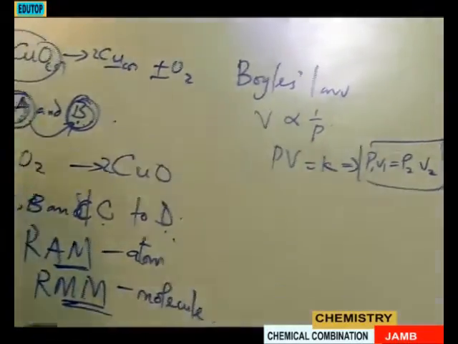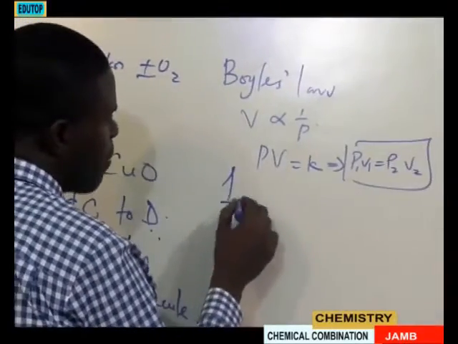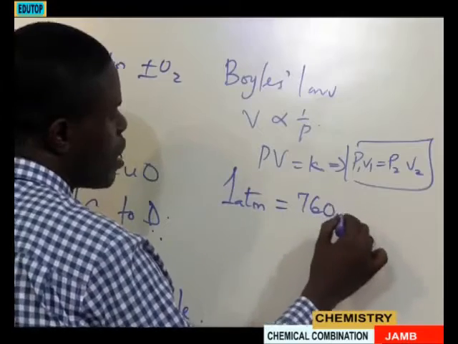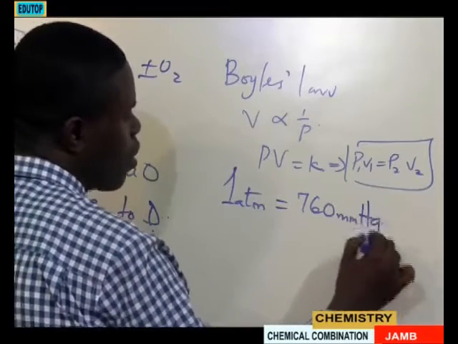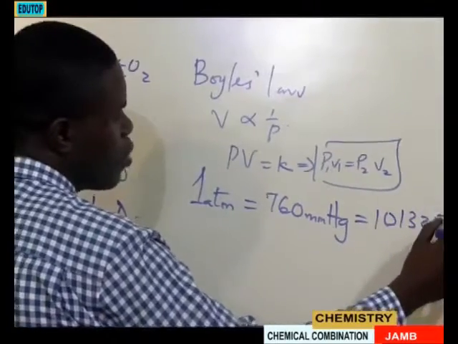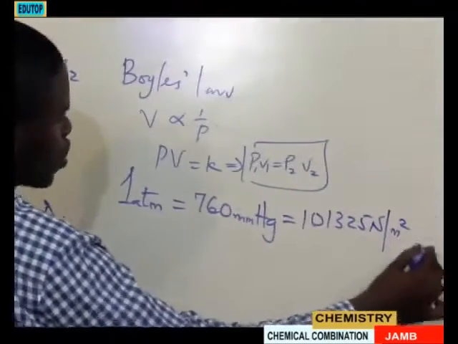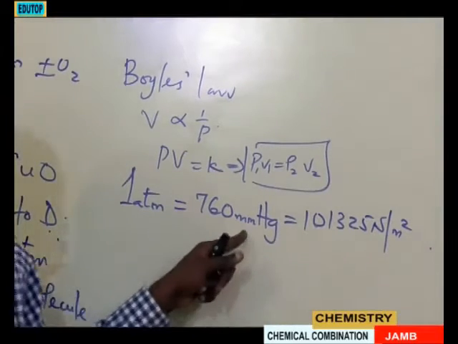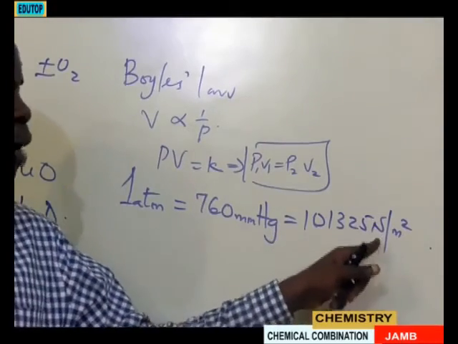Also, we should know at this point that 1 atm is equal to 760 millimeters of mercury, which is equal to 101,325 Newton per meter square. So that is the relation. It now depends on what you are working with. If you are working with atm, you know this. If you are working with millimeters of mercury, you know this. If you are working with Newton